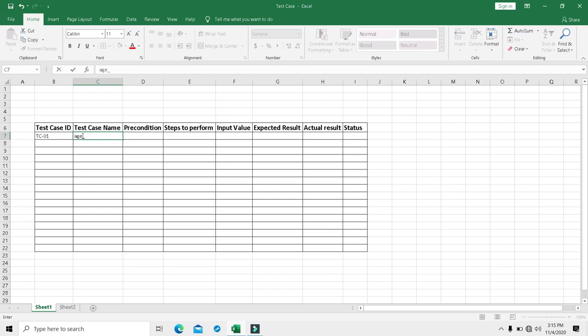For the age field, we are going to write the test cases. So here I am writing a test case, my test case name is age 1.